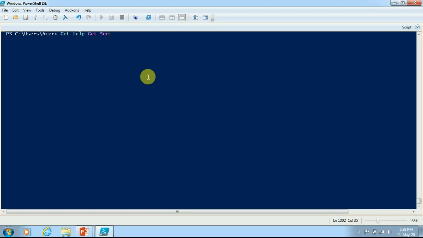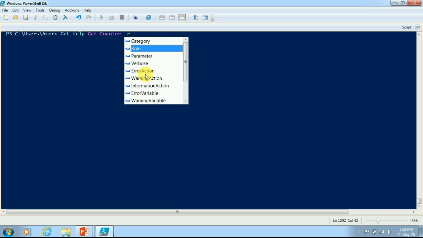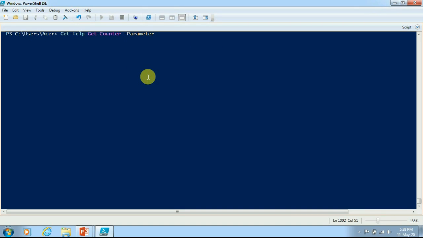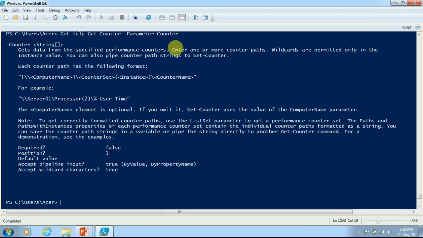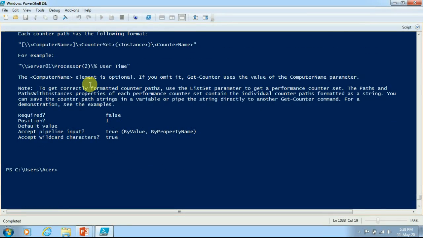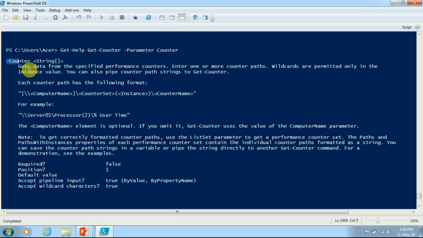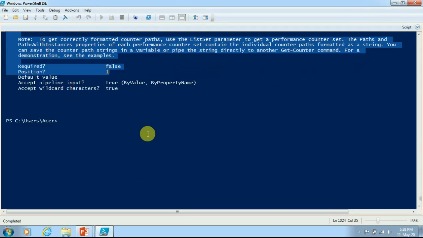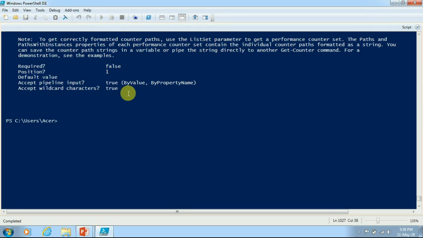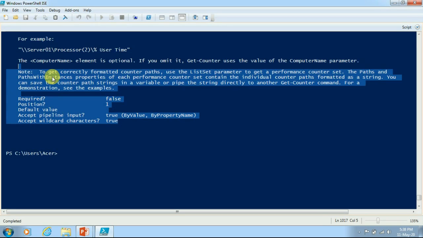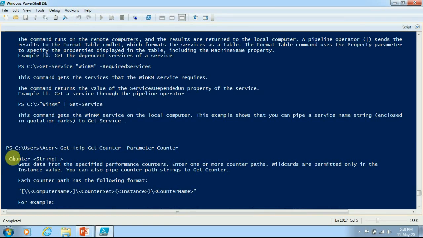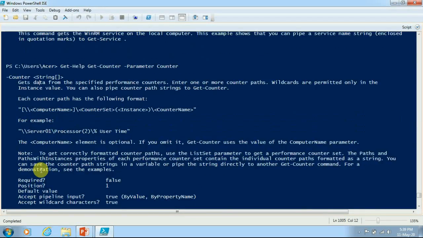If I pass a different cmdlet and I want to fetch information about the parameter only, and in the parameter section also I want to fetch only the Counter parameter, it will list out only the Counter section, and I can very easily understand the information contained in Counter. No need to always refer to the entire section. We can just fetch the very specific part from any of the help sections.